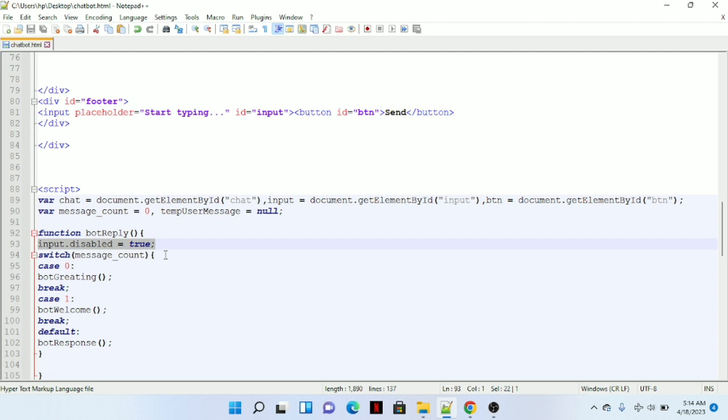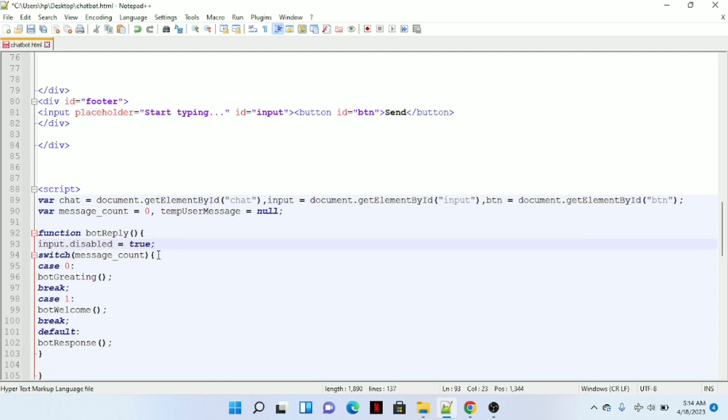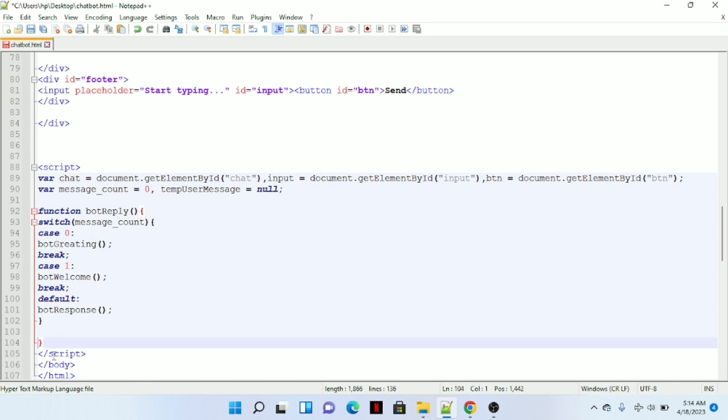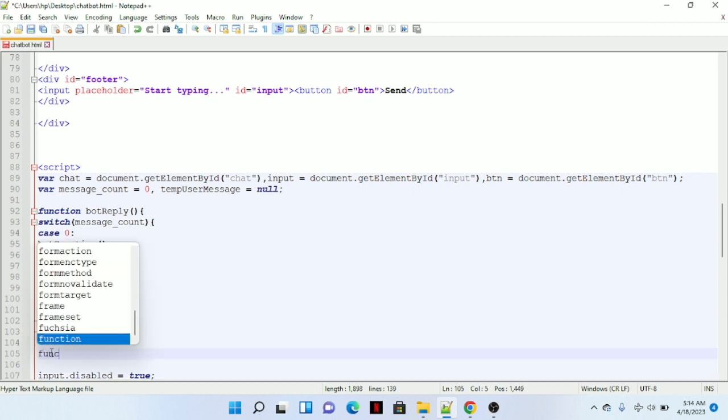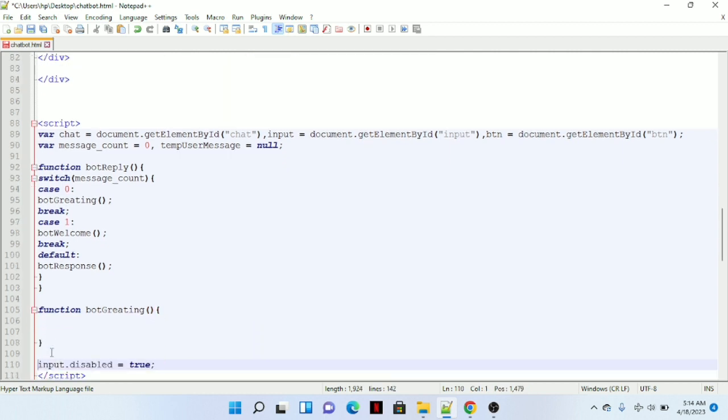Like so, let's first disable. Okay, let's put the disable parts in the other function, which will be maybe the boot greeting, boot reply, and so on. So boot greetings, let's create a function called boot greetings function. So in boot greetings, we want to